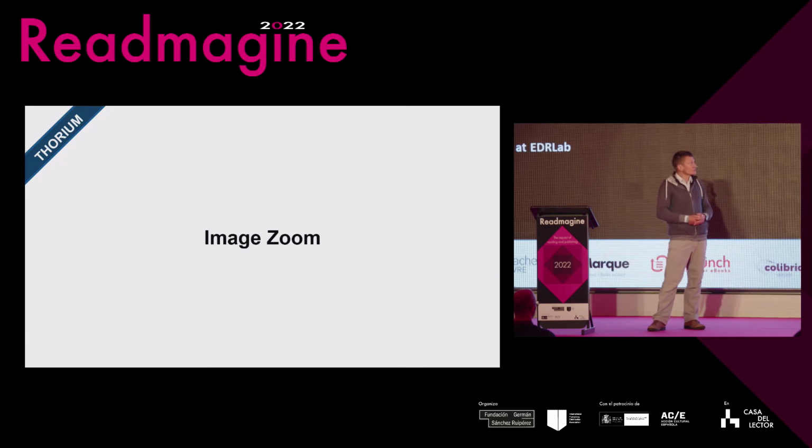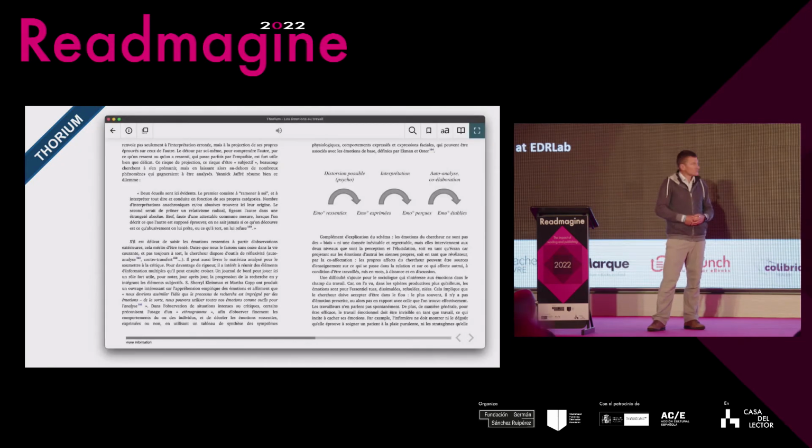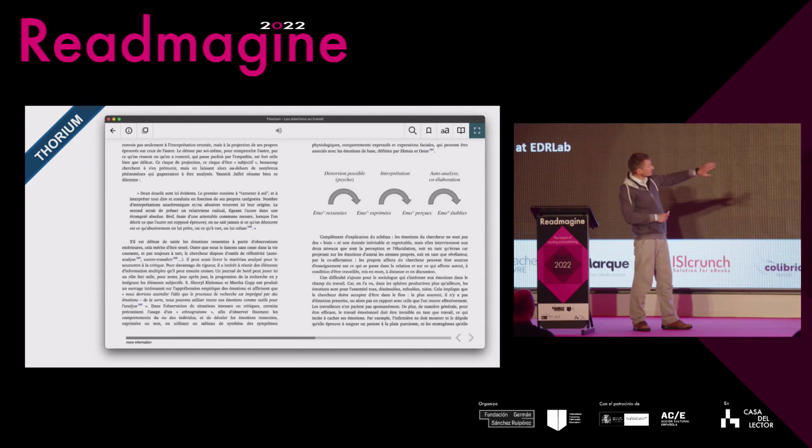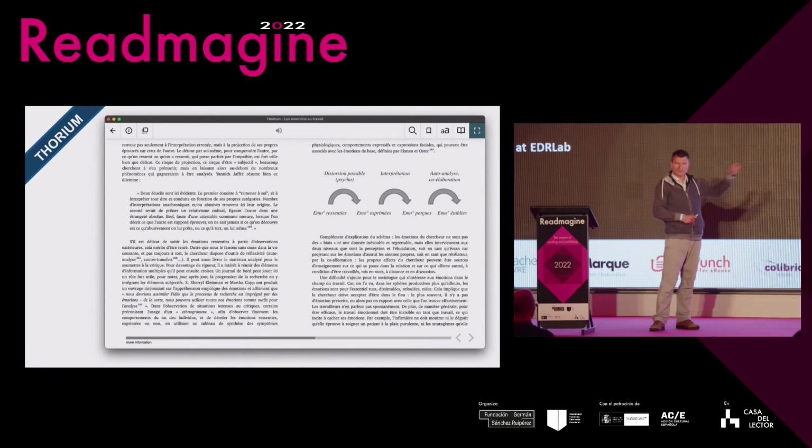Thorium also offers an image zoom feature. Let's have a look. So imagine I'm reading this sort of technical book presented in the usual way, small typeface, quite dense, a lot of information, and there's a diagram on the right-hand side page here, and it's a bit small. I'm struggling to read the text in that picture. I can mouse